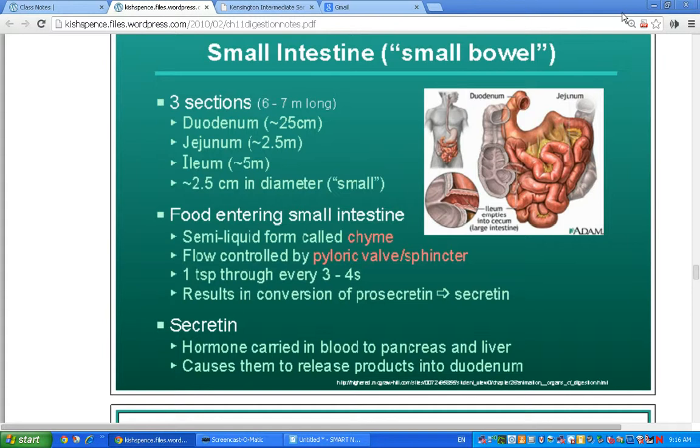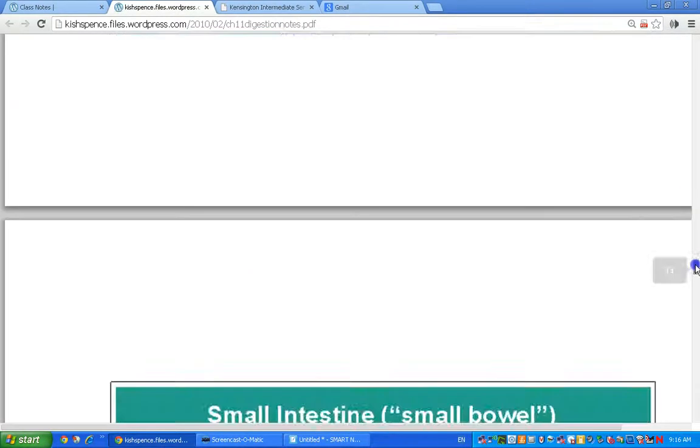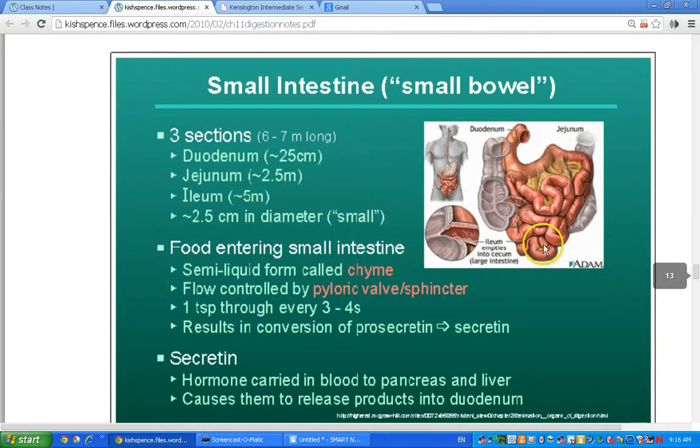It's called small, again, because of its diameter. It's a lot longer than the large intestine, but it's smaller in diameter, so that's how wide it is across. There's 3 sections. Okay, so the first is called the duodenum. So this is the duodenum. It's the first section after the stomach. It's a little kind of straighter. And then the middle section is the jejunum. It's pretty coiled up. And then the last section is the ileum, and it empties into the first part of the large intestine,